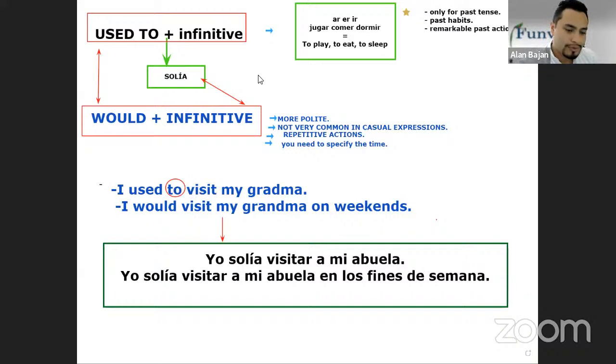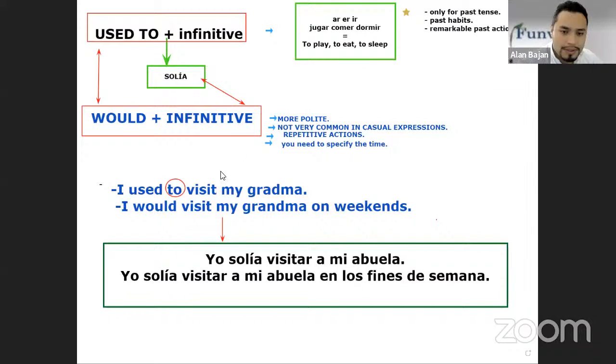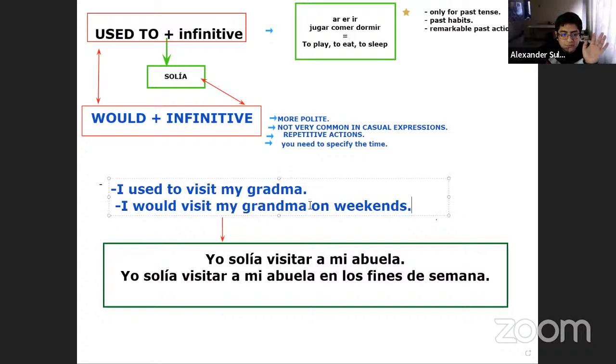More questions? So most of the time you will use the expression used to talk about past habits. If I say I would visit my grandma, that's a polite way. But if I say I will visit my grandma, the meaning changes, right? I would visit my grandma, but I can't, because